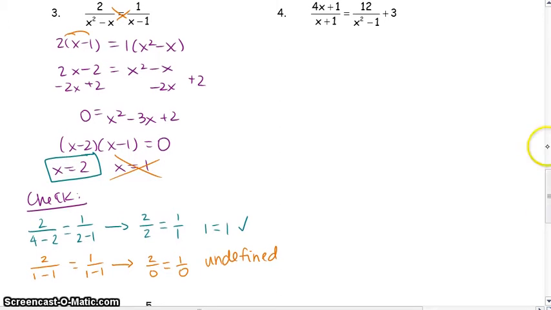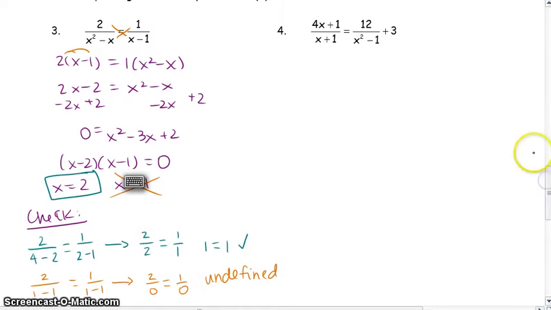Okay, so now looking at 4, we have a fraction on one side and a fraction on the other, and then a whole number here. Now, you have your choice, whichever method you want to use, the least common denominator or the cross multiplying. I am going to get a least common denominator here because I noticed something about this fraction here. This x squared minus 1 can be factored to x plus 1